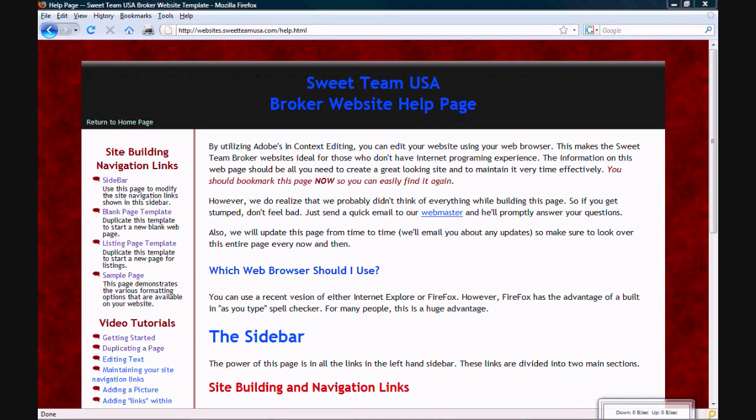This tutorial is about editing text. We're going to start on the help page. You did bookmark it, didn't you? Well, if not, you can enter your URL followed by /help.html. First thing we're going to do is go over to the left-hand sidebar here and select our blank page